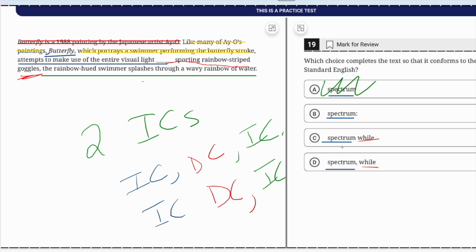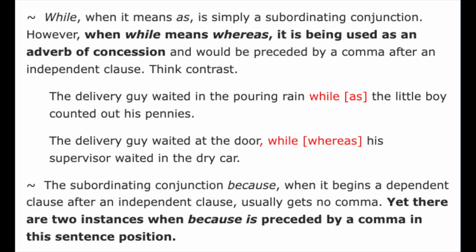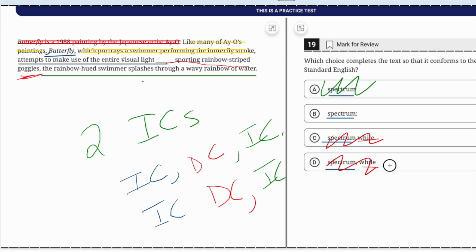So some might get caught up in the distinction between C and D: do you need a comma before while or not? And the answer is it depends. And I have a video about that, and I'll try to remember to link to it. But in this case, that distinction isn't important. The important thing here is that we need some kind of harder punctuation.